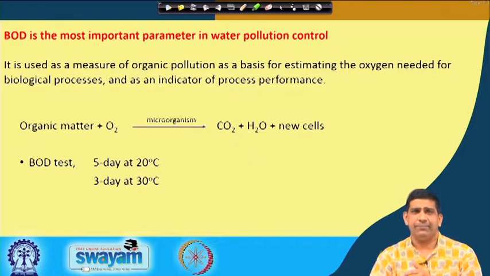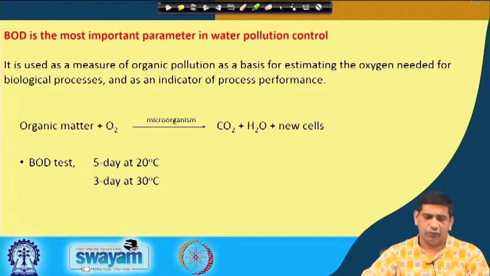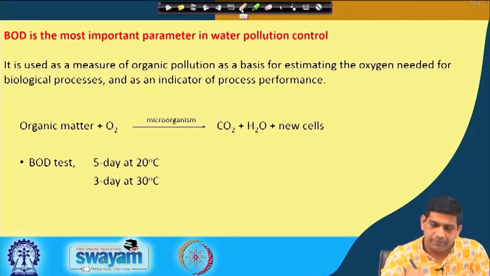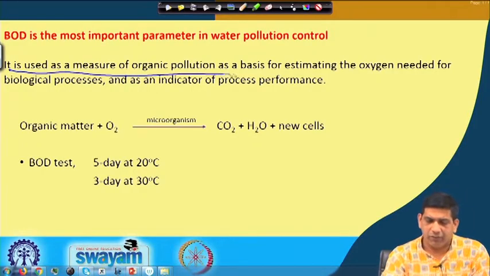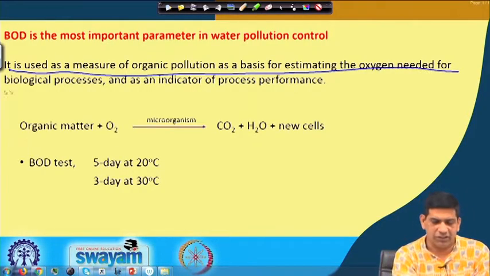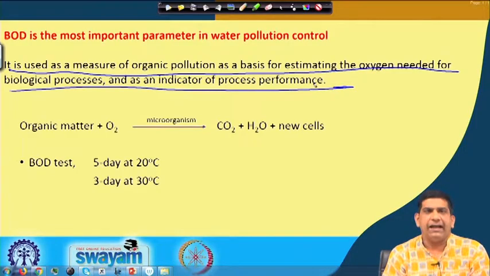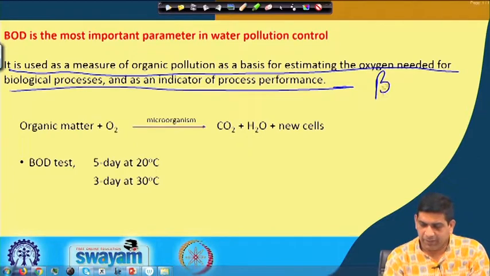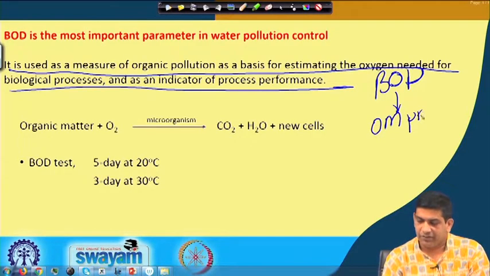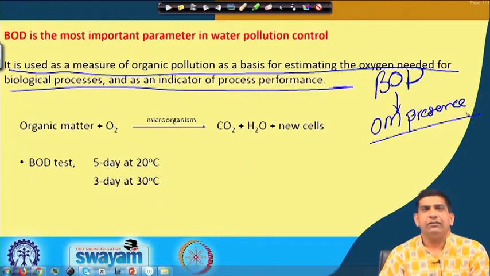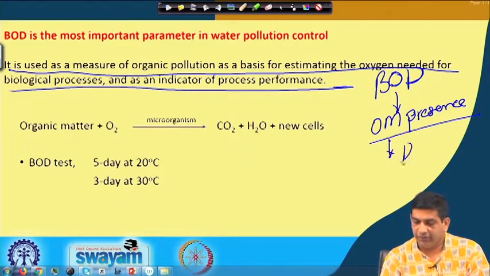It is used as a measure. What do we do with that? It is a measure of organic pollution, as a basis of estimating the oxygen needed for biological process, and as an indicator of process performance. So with the BOD number, indirectly what we are getting is the amount of organic matter present in the receiving water, in the surface water, and that dictates the DO level,